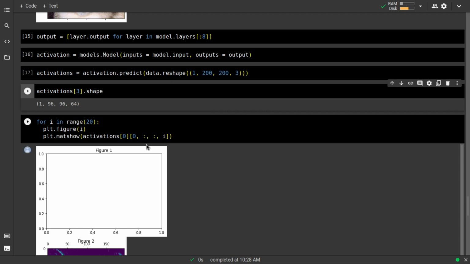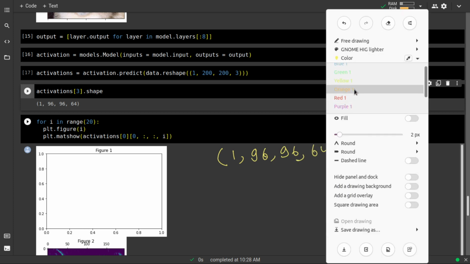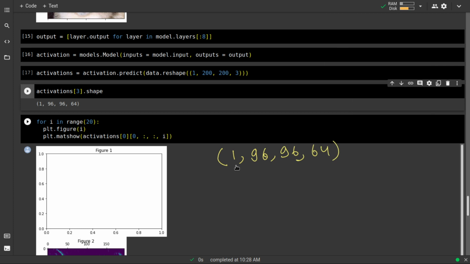So let me put the point across first of all. We have data in this format, 196, 96, 64. So this is the sample number.